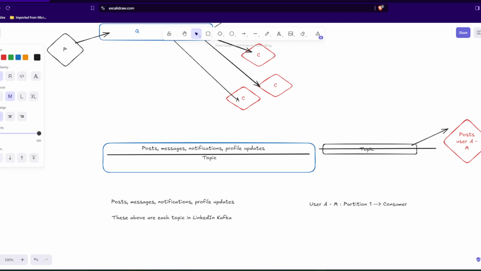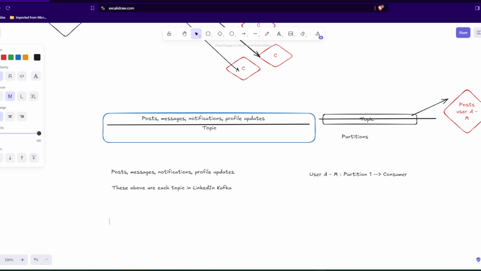Okay, so why these consumer groups are important again? So now what we learned? We learned topics, we learned partitions, and now we are talking about the consumer groups. So consumer groups, let's take an example like Uber. It uses individual consumers to process messages like ride requests, driver location update, the surge price calculation. Now, in Uber,